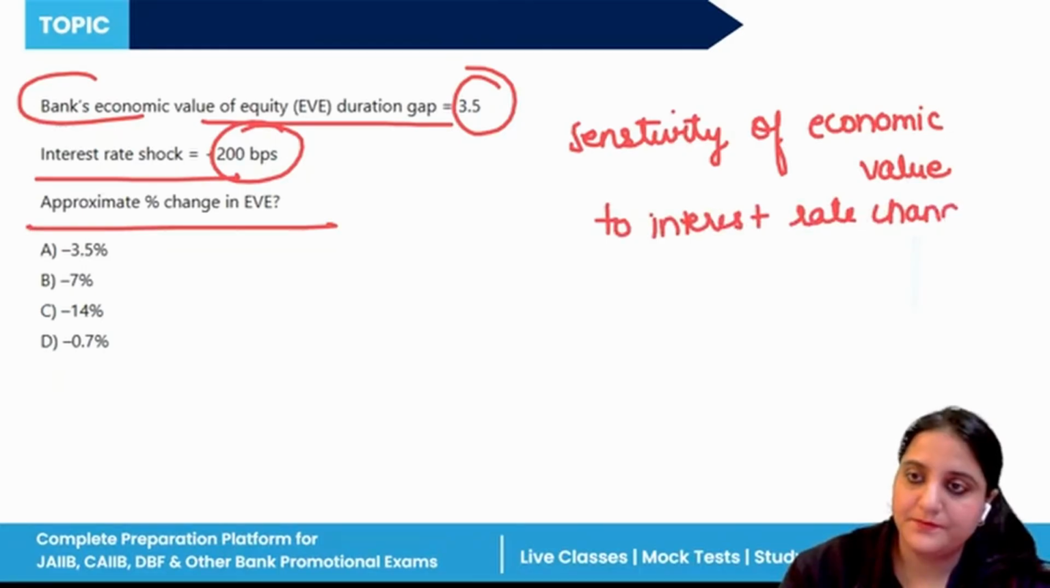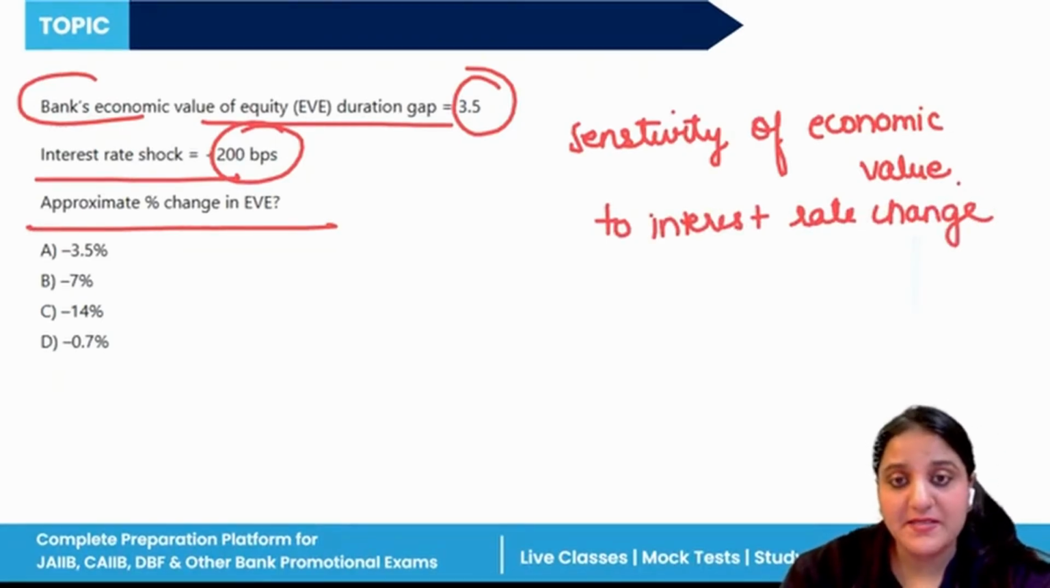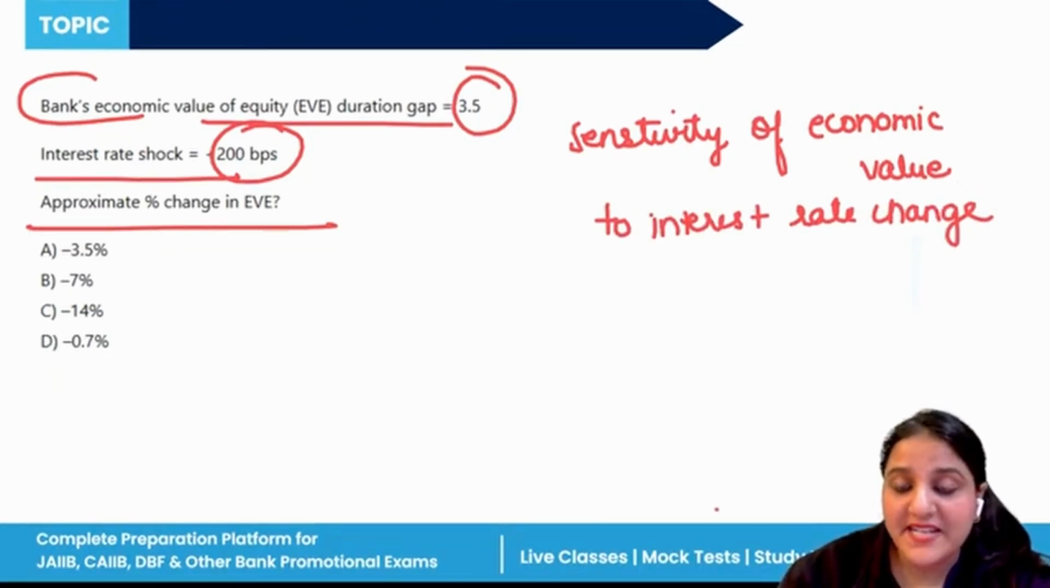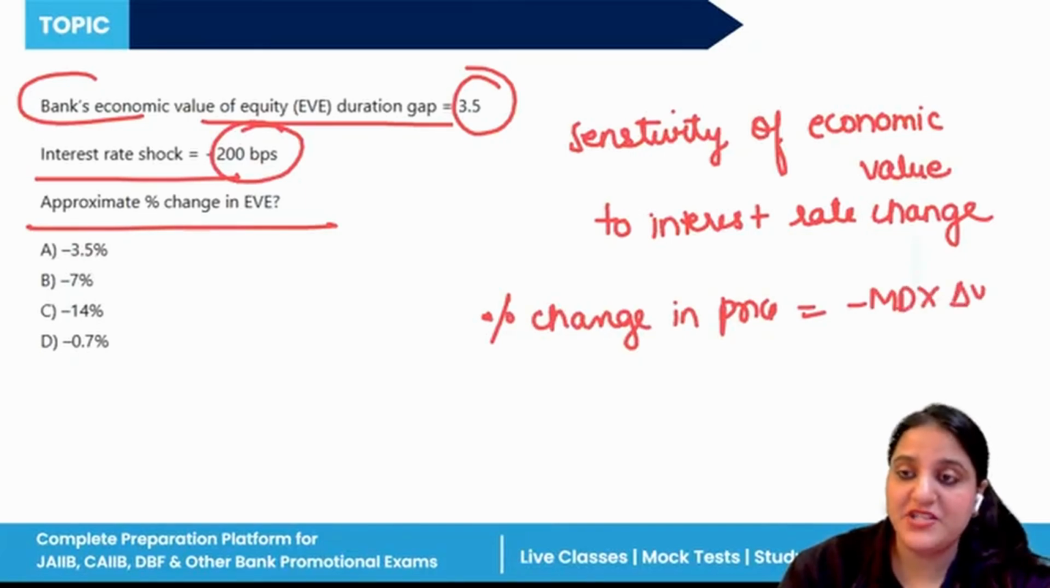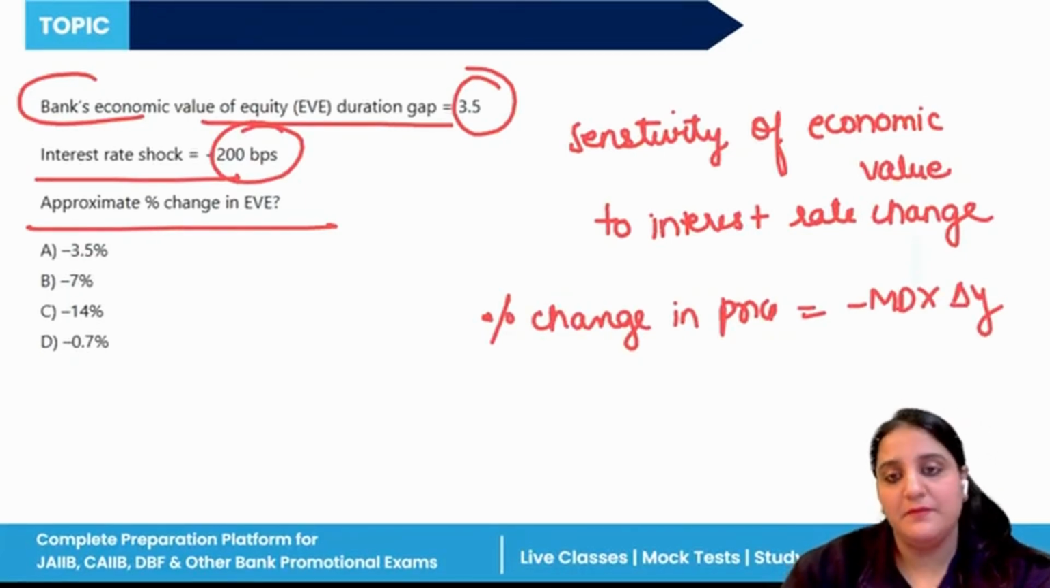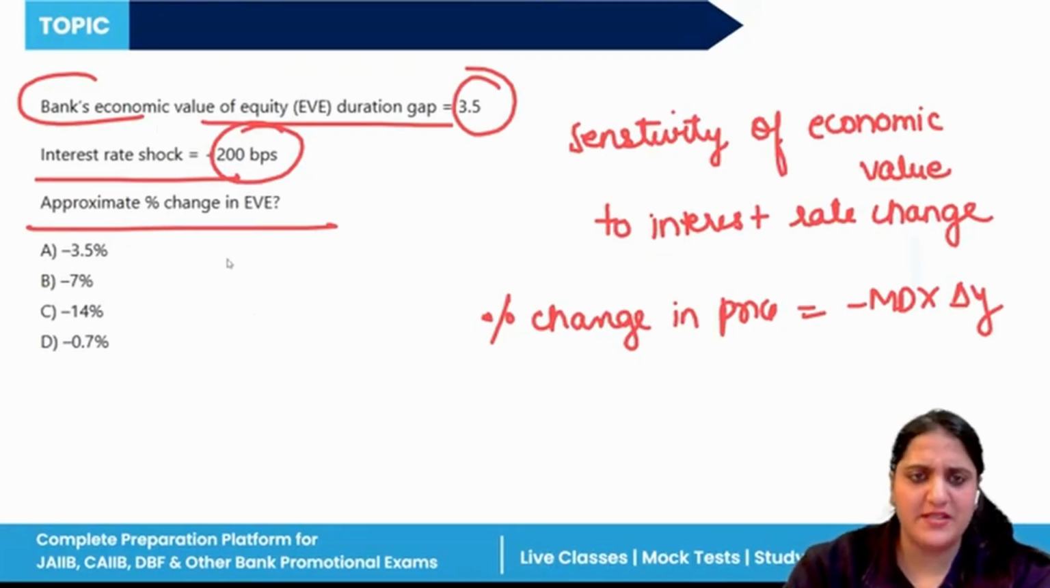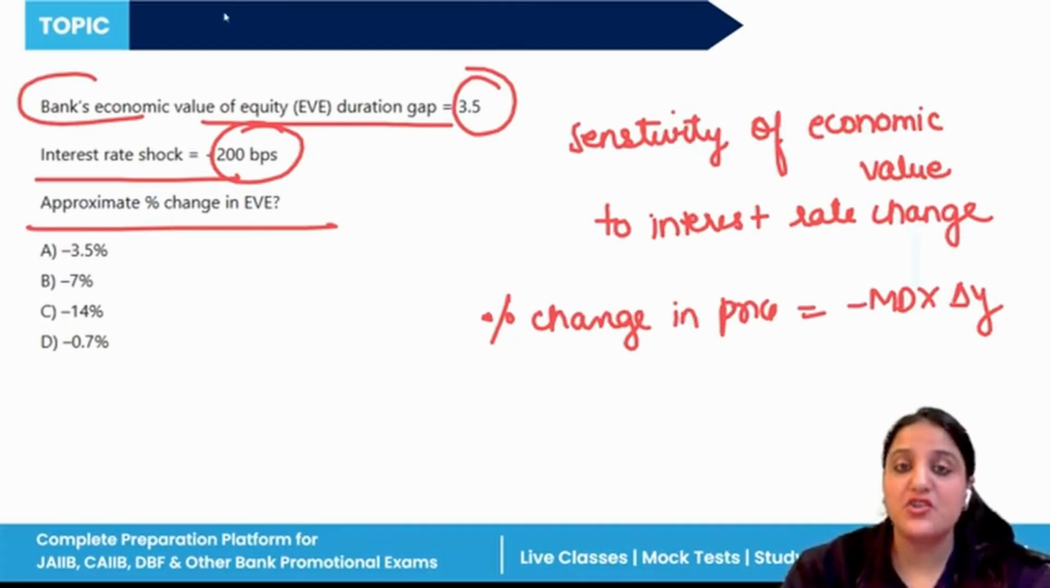That means the percentage change in price is modified duration multiplied by the change in yield. So it is used for the economic value perspective, for the long term structural risk, and for the IRRBB